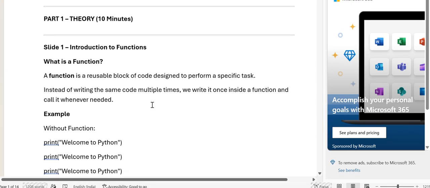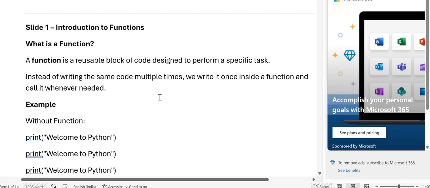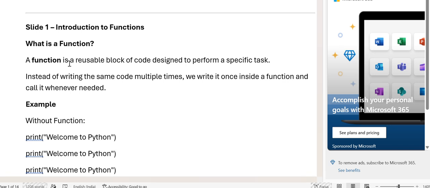So here is a little theory part for you. Introduction to functions. What is a function? First thing that comes in every lecture is what is this, what is that. So what is a function? A function is a reusable block of code designed to perform a specific task. Instead of writing the same code multiple times, you can write it once inside a function and call it whenever you need. Okay,